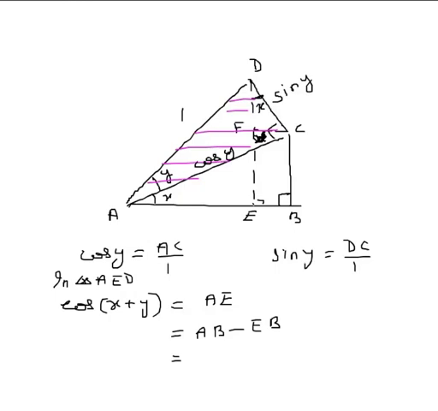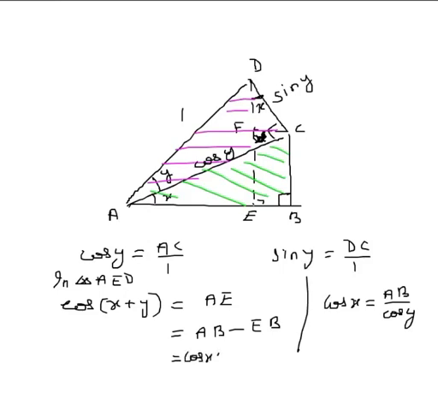Now AB length is, see cos x from ABC triangle. In triangle ABC, in this triangle, cos x is adjacent side by the hypotenuse. So AB gives you cos x into cos y. If you cross multiply, you get AB here. Cos x into cos y